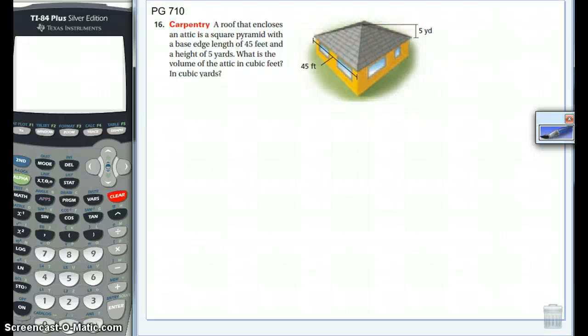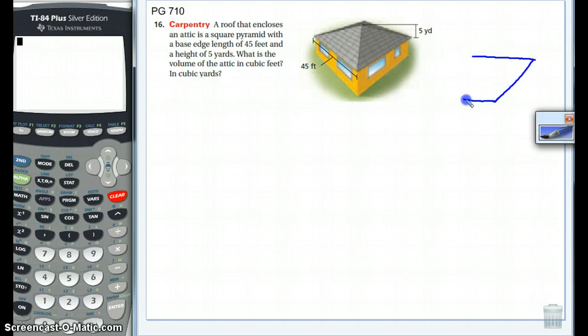Hello once again. Today we're going to go over two selected homework problems from classwork number 8, which comes to us from page 710 of our book, problem 16. It's about the attic area, meaning the area at the top of our house underneath the roof. And indeed this is a